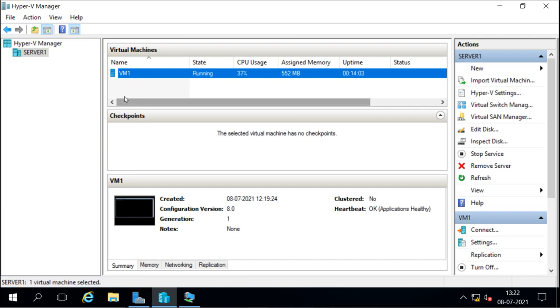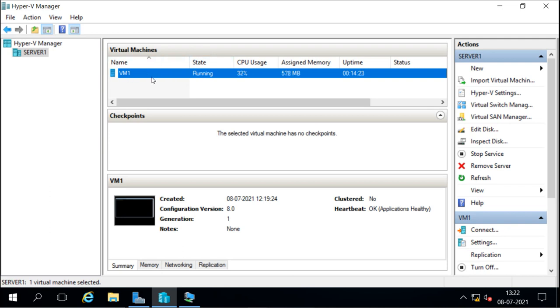Then what can we do? We can do the planned failover. Planned failover means this machine will be assumed as failed here, and we can now start the replica machine. So we can stop the machine here and do whatever we want on server 1, and then start the replica machine from server 2.